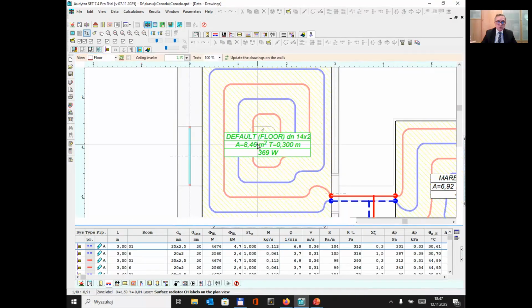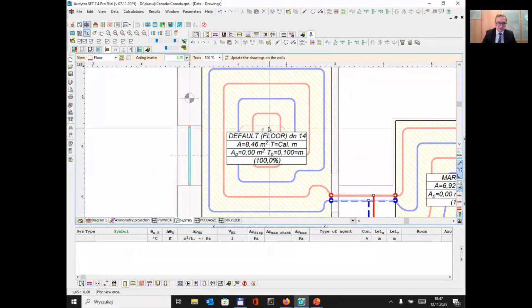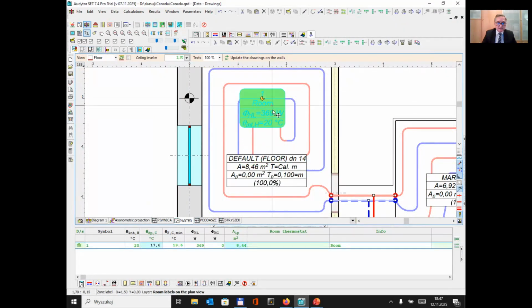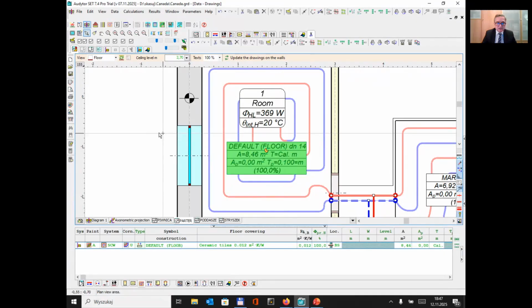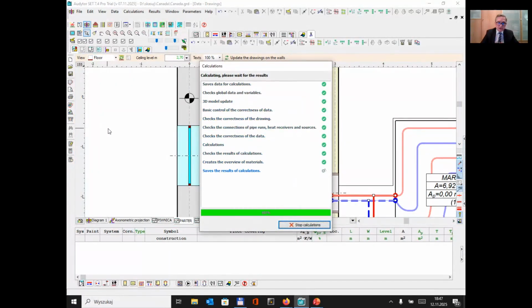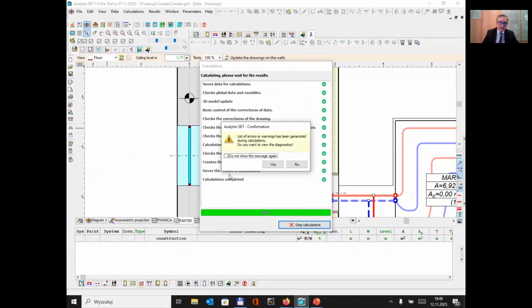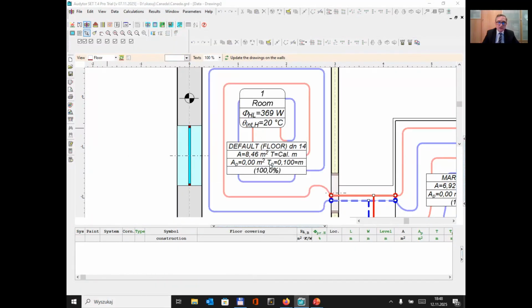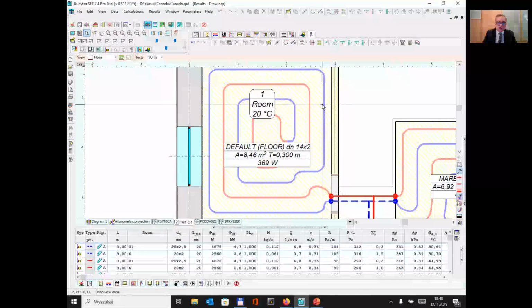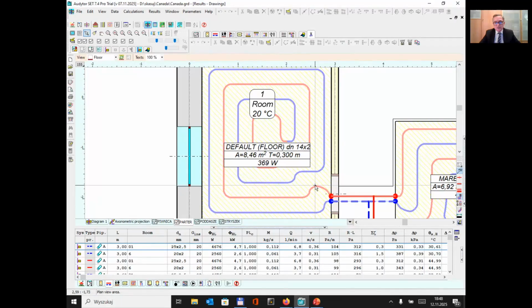So to change it, we have to go back to drawings with data. Now we can access and move the labels appropriately. Now we have to repeat the calculation because the drawings of the results are updated during the calculation. And when we switch into the drawings of the results,